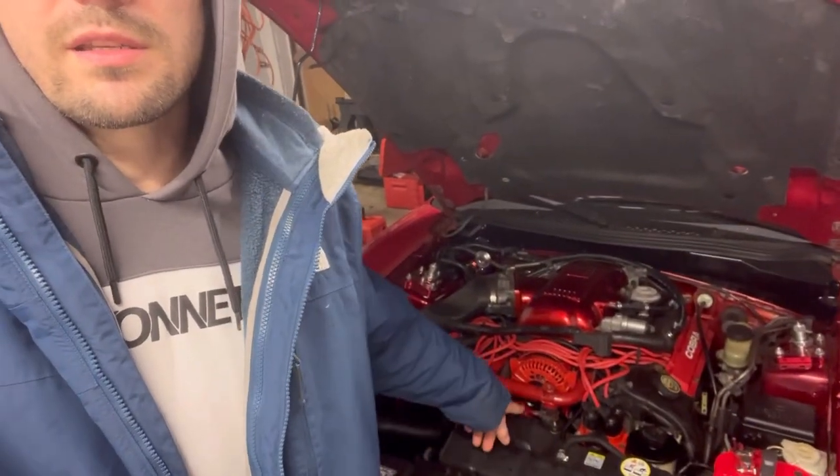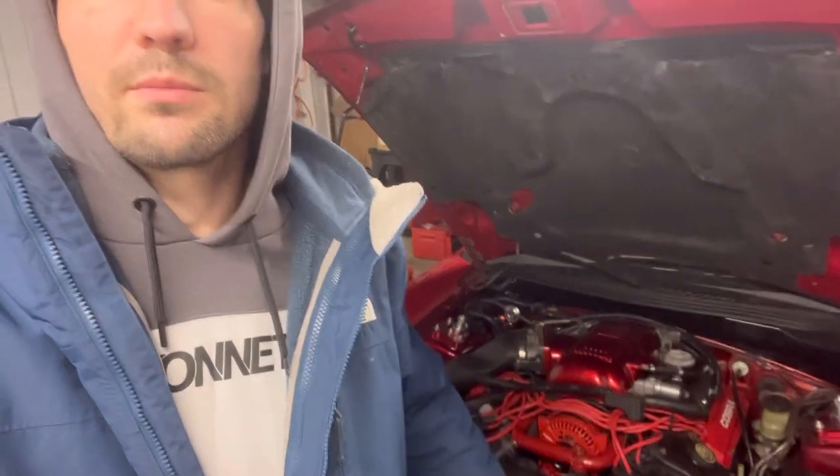So yeah, today what we're going to be taking care of is a very common issue on the 4.6 4-valve motors. In the front of the motors, there is this coolant crossover tube right here. I'm going to show you closer here in a minute, but it's essentially a metal tube that allows coolant to jump from one head to the other on the motor. So